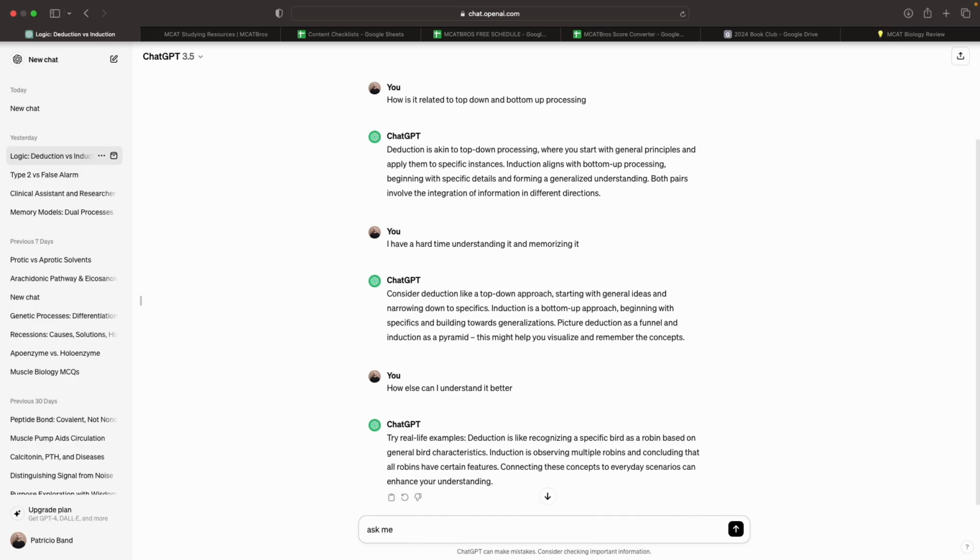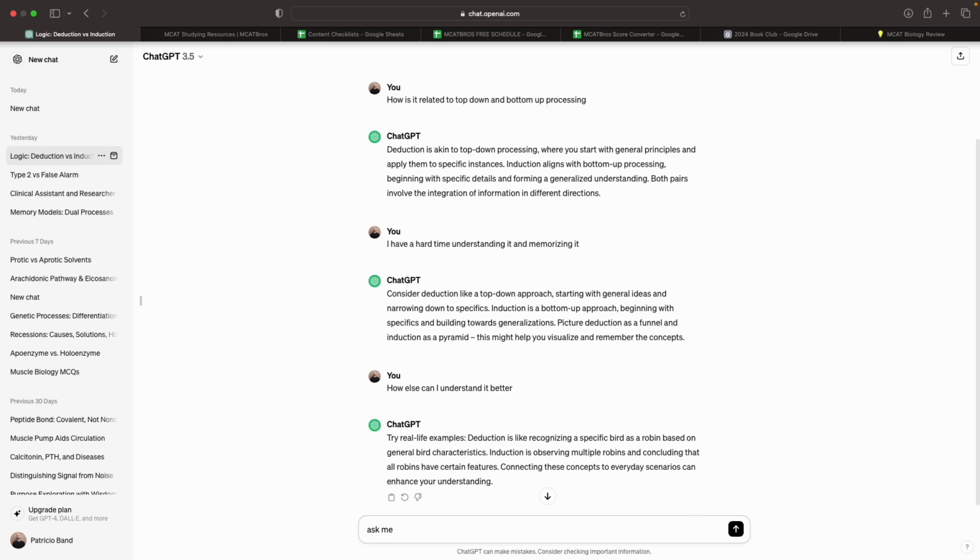Ask me. But something that might confuse you is drawing the funnel and saying that it's top down, since you have to go down in order to see everything and make conclusions. The point is, once you go up or down, you're able to make the conclusion, right? The point of reasoning is to make a conclusion, right? And conclusions, logic basically,